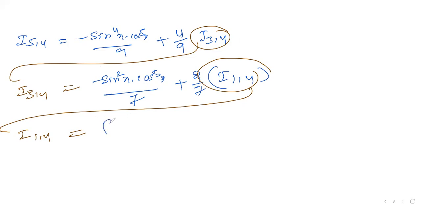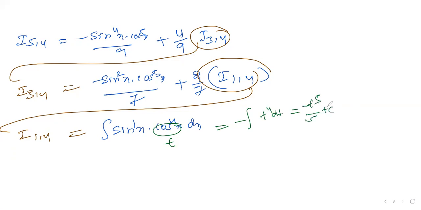I'll substitute it: it is the integral of sin x into cos^4 x dx. Because for general analysis, no need to go, this is not a highest power. Here the analysis is very simple. If you take the trick here, cos x is equal to t, then dt by dx means minus sin x. So minus t^4 dt is equal to t^5 by 5 plus c. Nothing but what you're going to get here, simple analysis: minus cos^5 x by 5 plus c. This is I(1,4).